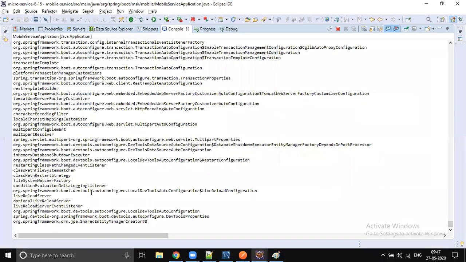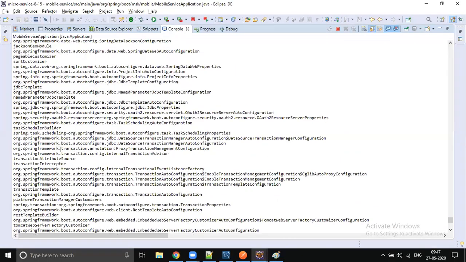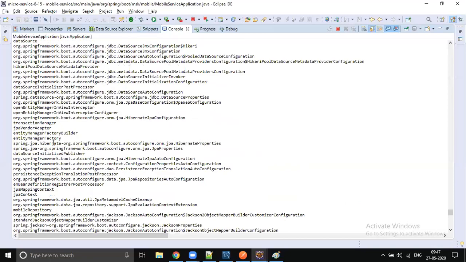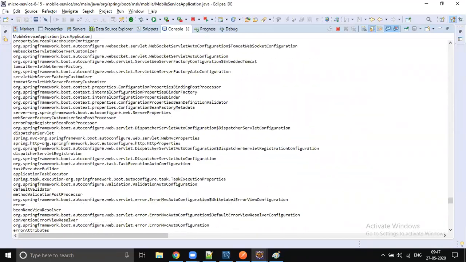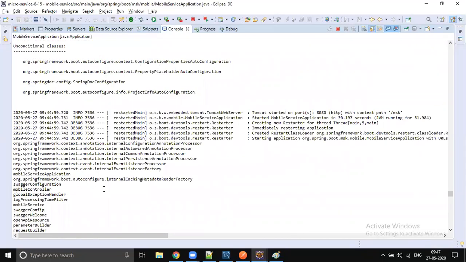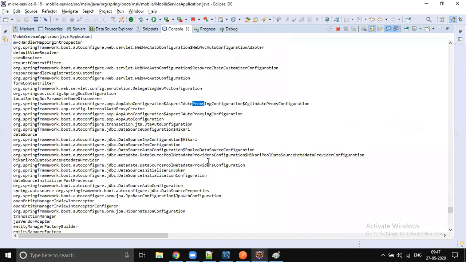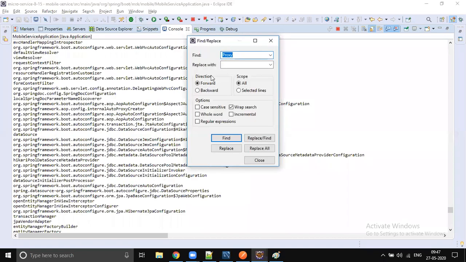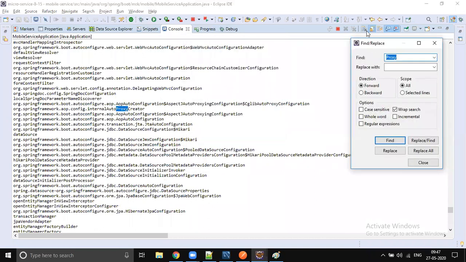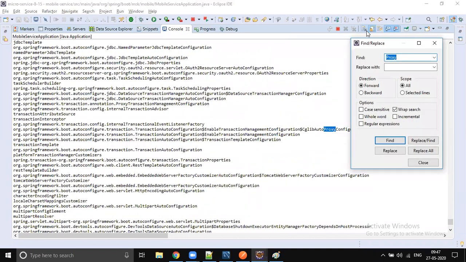I think the application is started. You see the beans which are created by the Spring application, right? So these many beans are created. Somewhere you see that proxy. Right? So AspectJ proxy. There are so many proxies created internally.